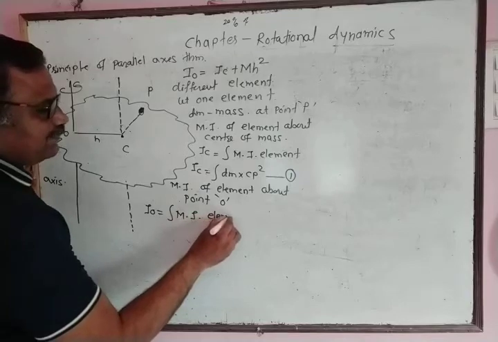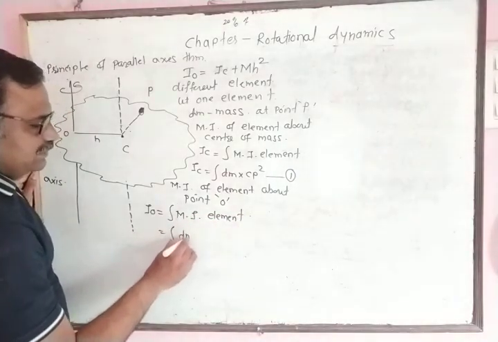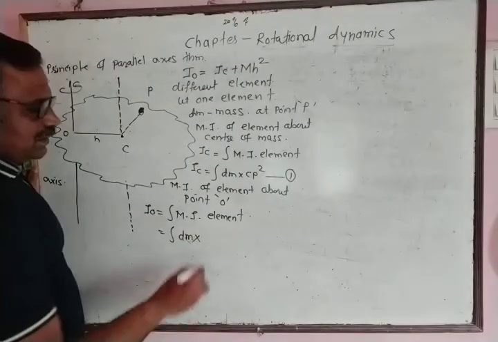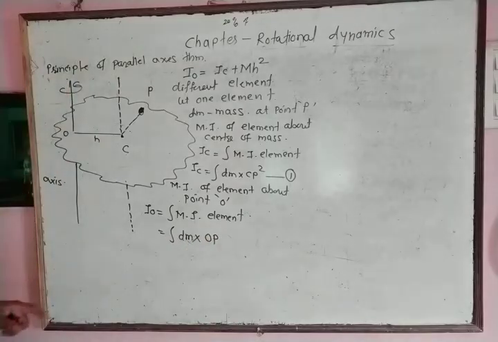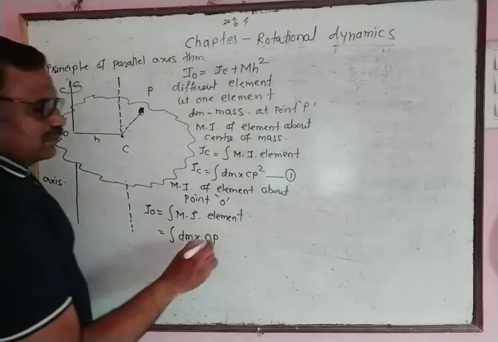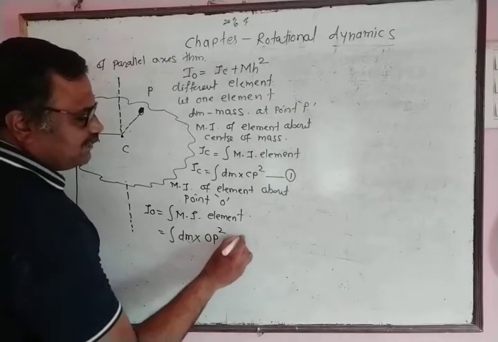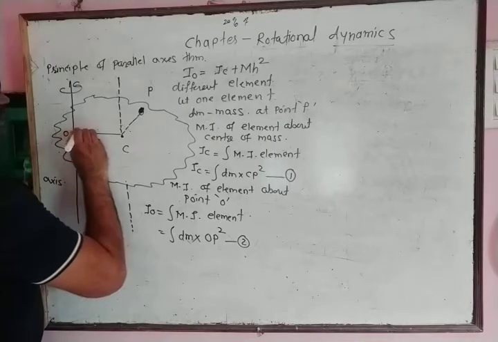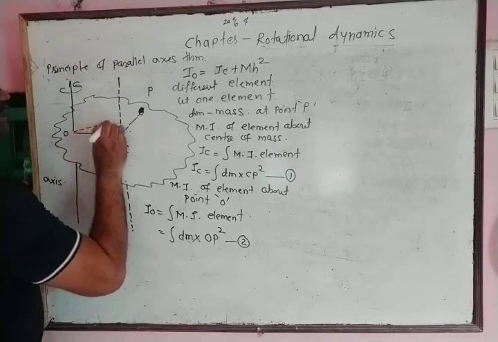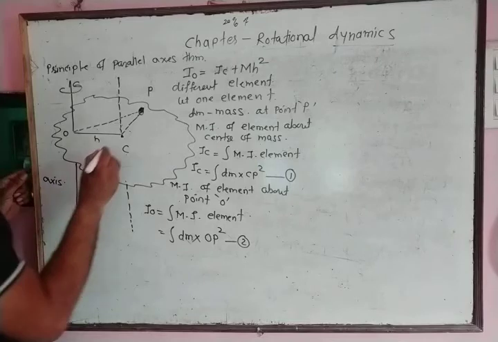We use the same formula. The mass of the element is denoted by dm. The element from the point O is present at distance OP. Therefore, dm into OP square, and this is equation number 2. From point O, the element is present at distance OP. Now we produce segment OC